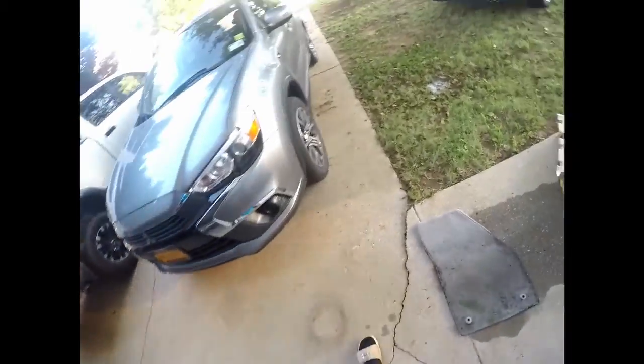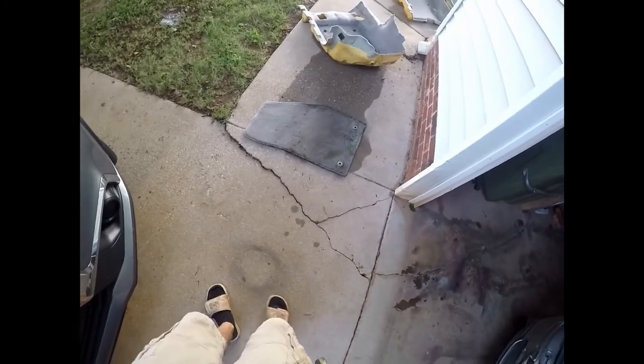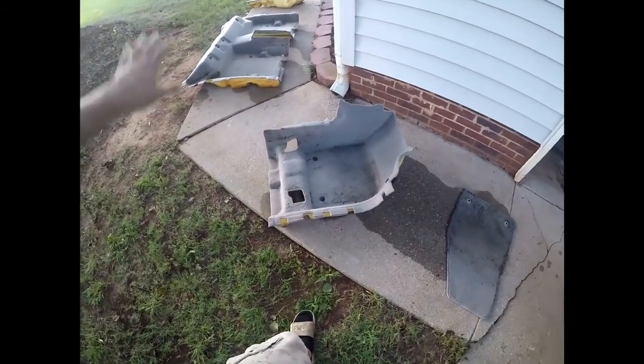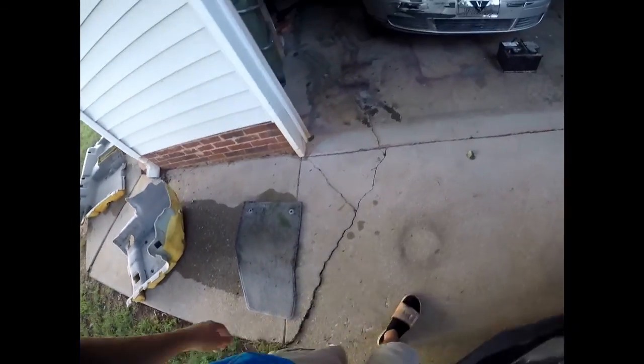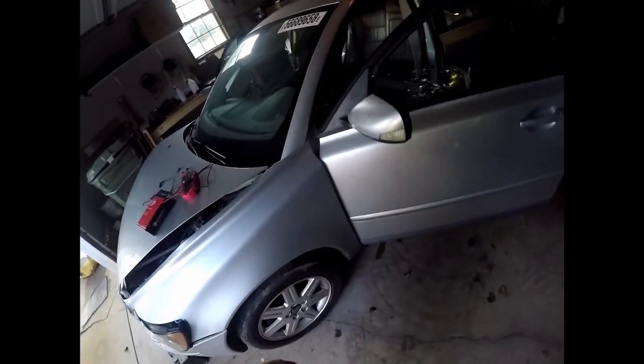Alright, ladies and gentlemen, I'm starting to lose my daylight, and I don't have very good lighting in the garage, which I'm gonna be working on. We're gonna try to get some better lighting up in here, but for now, we got all of our carpets soaked in vinegar, and we did the same thing to the interior, everything at the bottom. We want to kill it all. So what we're gonna do is we're gonna give it a day or two,